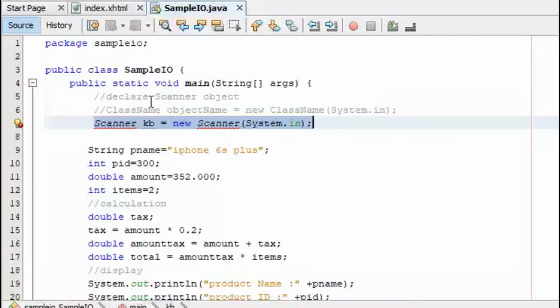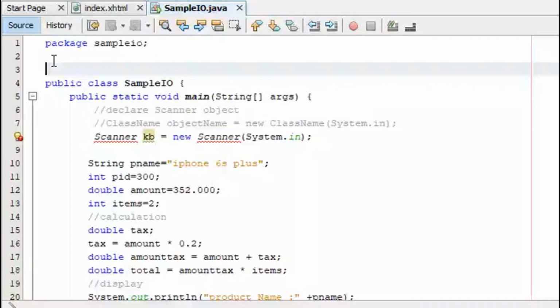You remember in your C++, you are also adding some files using namespace std. Do you remember that? Do you have that declaration in your C++? Yes, okay. The same way, you are also going to import in Java.